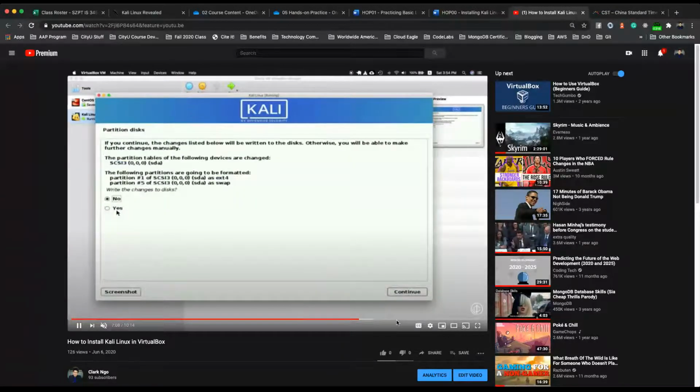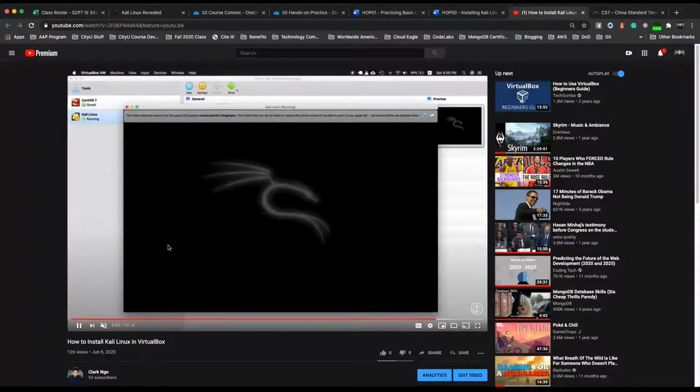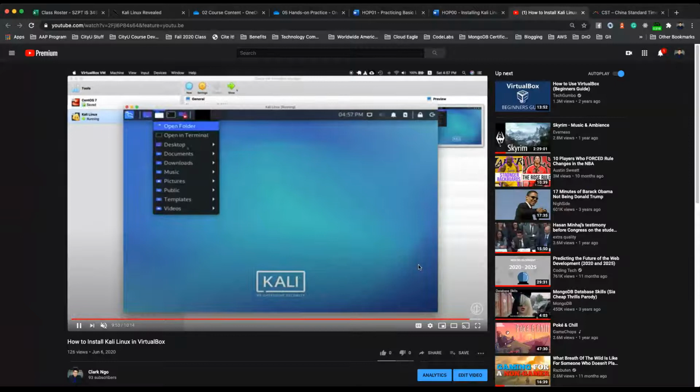Once you are there, partition, and then you should see this cool dragon logo, which is basically Kali Linux loading up. Now you would have its interface. Once you have this, you have your environment up and running, and you should be able to start working on your hands-on practice.